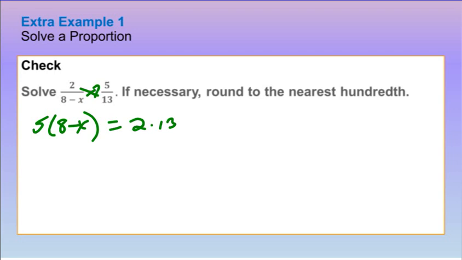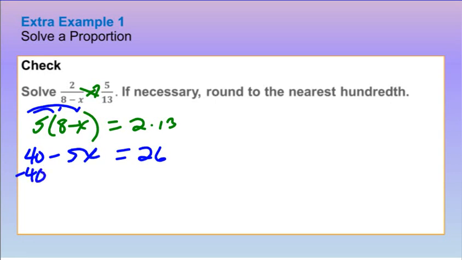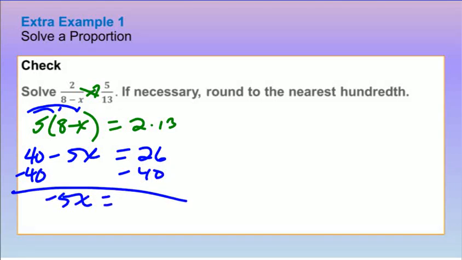Here I have 26. I know I can't divide 5 evenly into 26, so I'm just going to distribute. I have 40 minus 5x equaling 26. So I'm going to subtract 40 on both sides, and I'm left with negative 5x equaling 26 minus 40, which gives us negative 14. To get x by itself, I just divide by negative 5, and I would have x